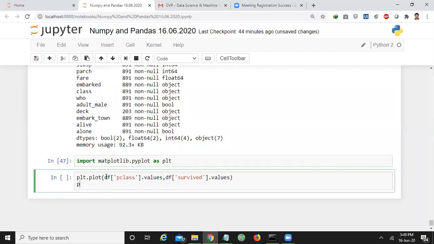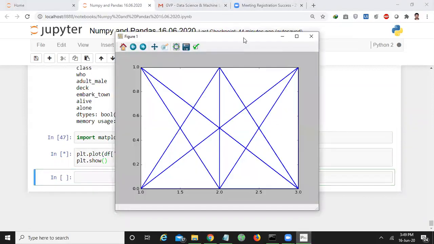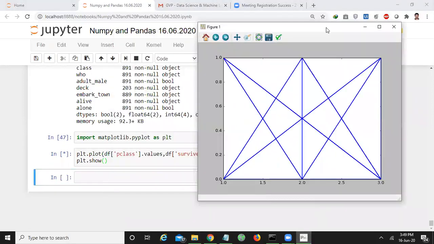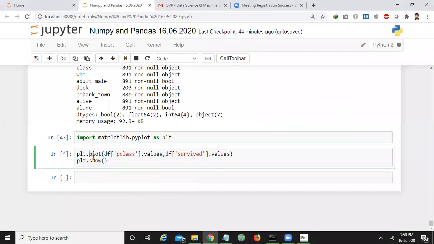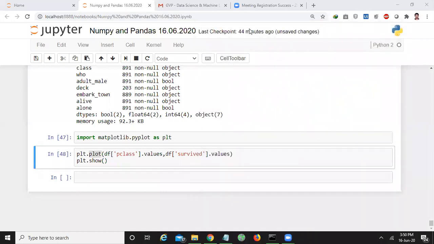Okay, now you write plt dot show. So you'll get the graph like this. See, if you don't understand this, instead of plot, let us make it scatter.